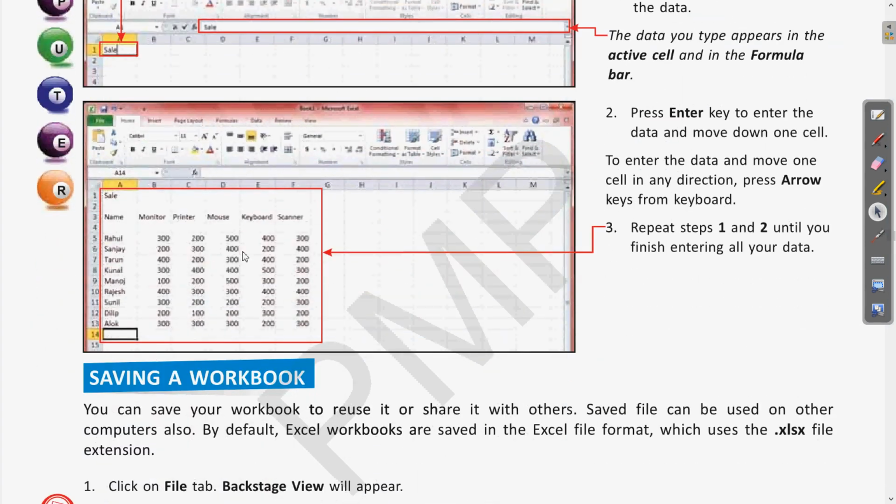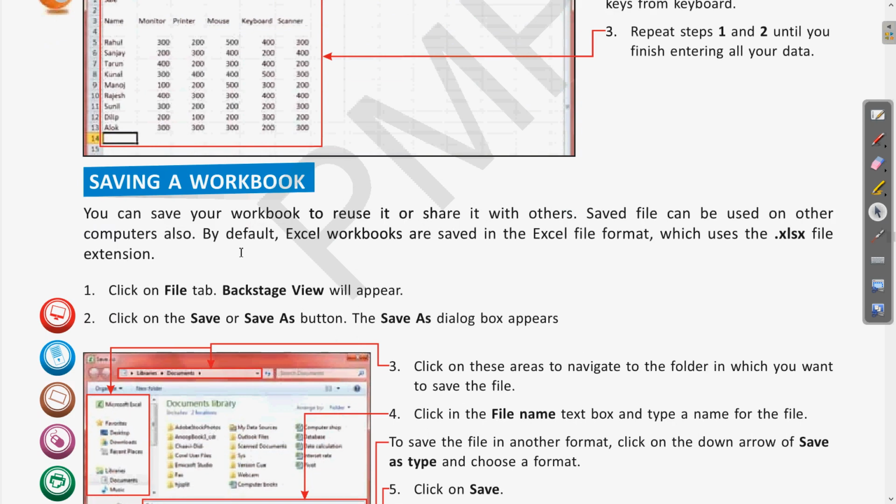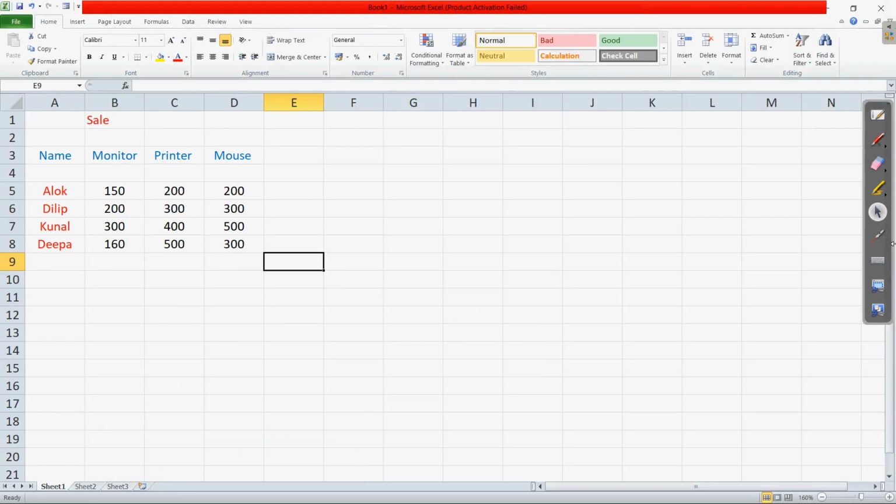So we have seen after doing all these things how to save this workbook. For saving the workbook, when you go to the file tab, there we have the option to select save or save as. Whatever name of the file you choose, the same will appear at the title bar. Let us see this step once again. Suppose this was our Excel sheet, this is the workbook.